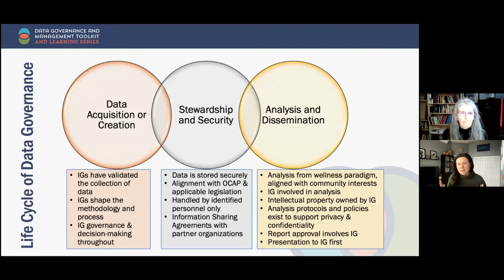So ultimately, what does this look like? What are we after? This is a simple way to think about it, but in some ways there are three big buckets, and we want to think about what the IGs want in each of these buckets. First, data acquisition or creation: going out and sourcing data from outside, or creating and collecting that data ourselves. What data governance means is that Indigenous governments have approved that. They said yes, the collection of that data matters. Go ahead and source it.